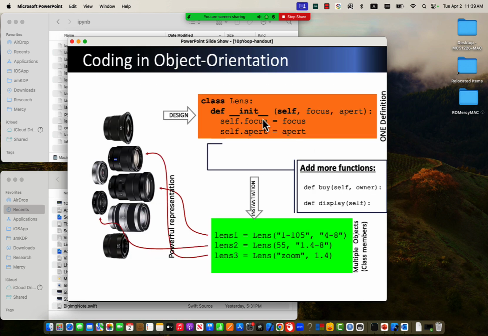In a more coding way, we can say we define a class. The way that we define a class is to start with the keyword class, all lowercase, followed by the class name, Lens, and a colon. After this, there are all the features about the lens. They are encapsulated under this colon. So within this code block, the entire code block is the encapsulation of Lens. And as you can see here, this is a definition, like a function. But if you see the function name here,